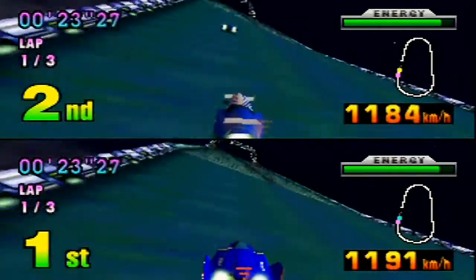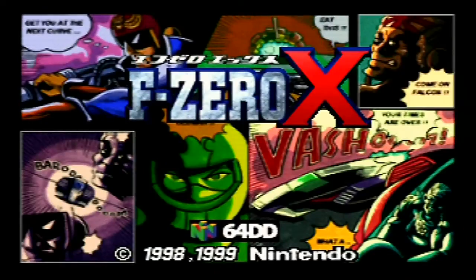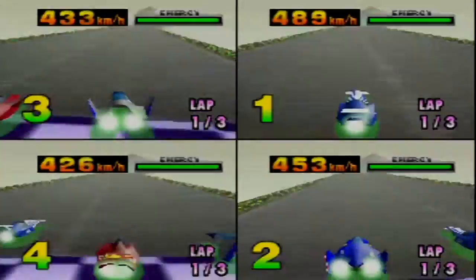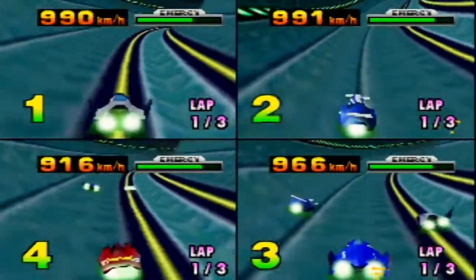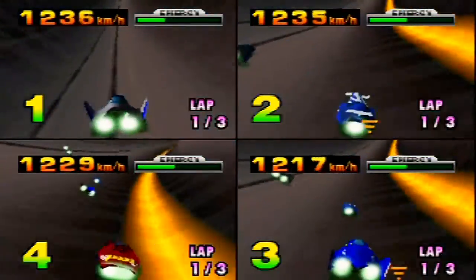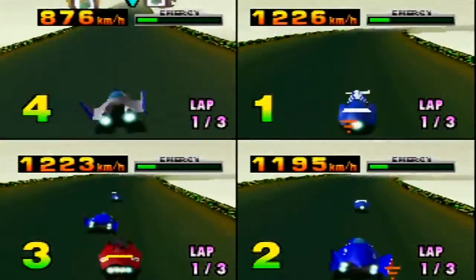Why the Japanese version instead of the US? Well, because F-Zero Expansion Kit only works with the Japanese version of F-Zero X. And also, the F-Zero Expansion Kit is sold separately as opposed to being included within the Japanese version of F-Zero X. F-Zero Expansion Kit is part of the add-on...